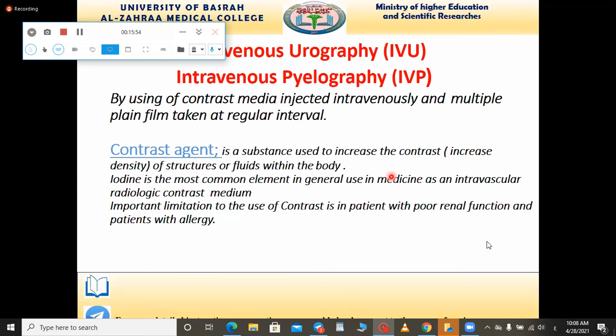Second, if the patient has a history of allergy to the contrast, we should avoid using it. And this is not uncommon. This is really not common, but not uncommon. This is a true problem that may make us unable to use a contrast. واضحة الفكرة؟